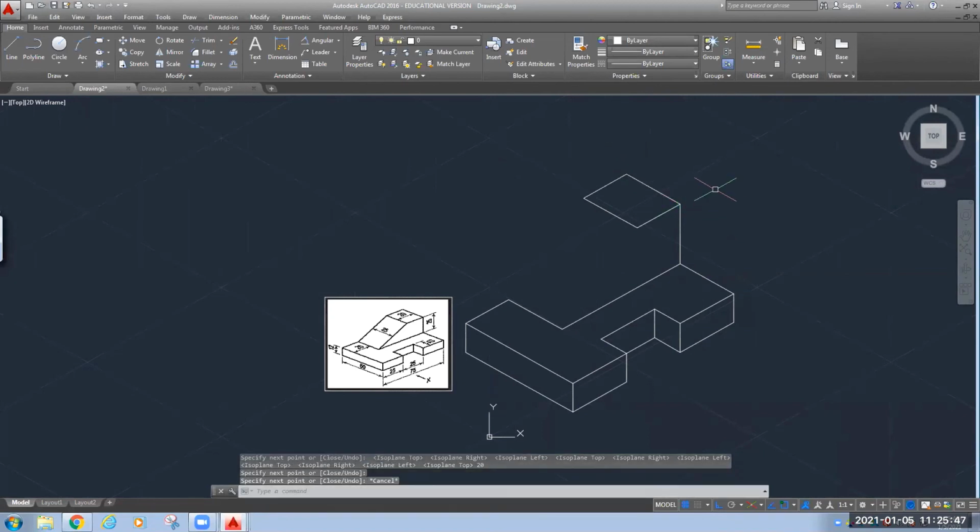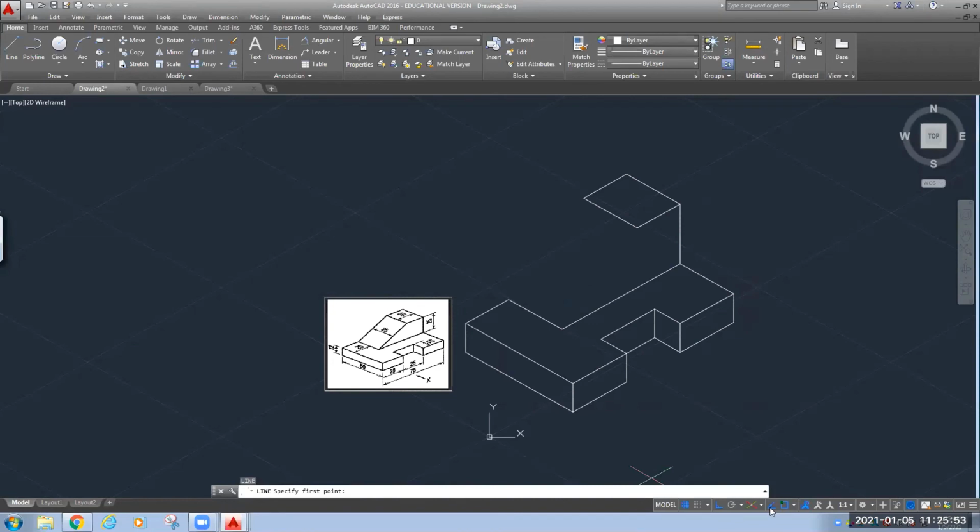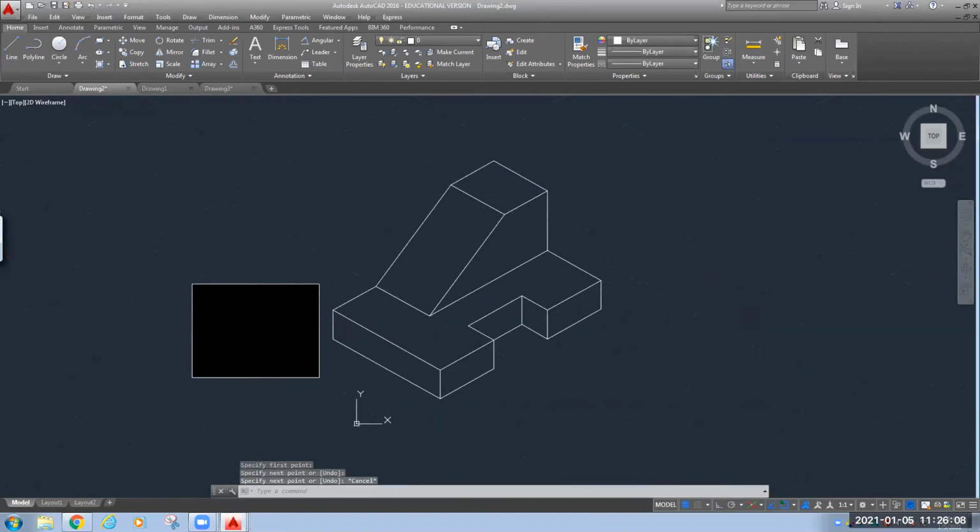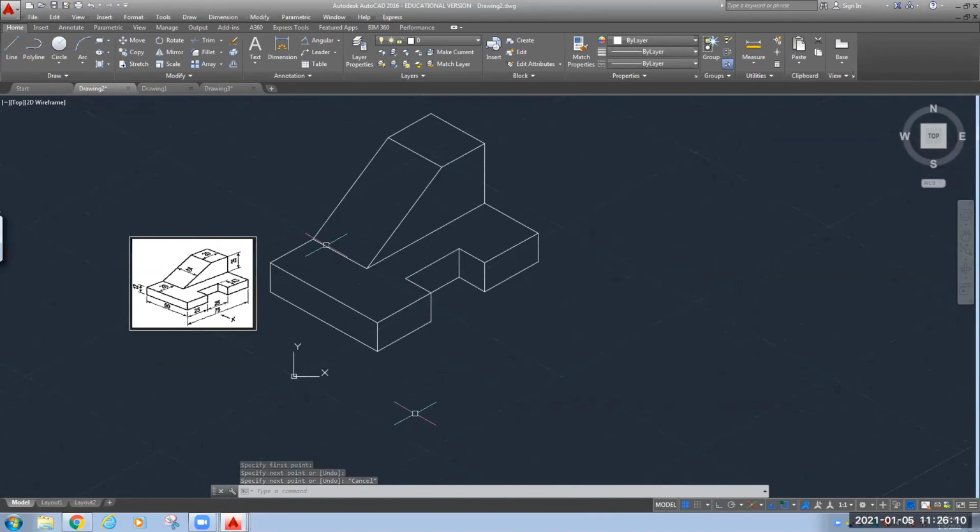Now what is left? These inclined lines are left. So just put your ortho mode off and connect the points. So this is the drawing that we are actually looking to draw.